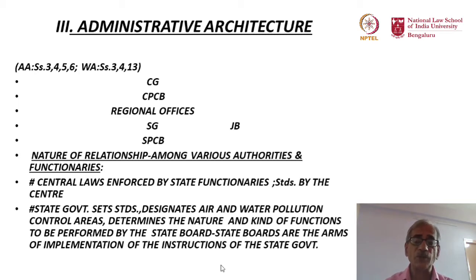The state can also come up with its own additional rules prescribing what the State Pollution Control Board does. And so, in a way, the state pollution control boards are just the operative arm of implementation of the instructions of the state government, while they also discharge the functions